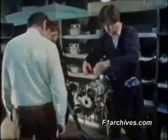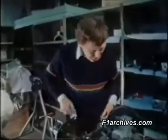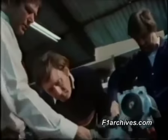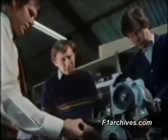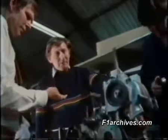The first lesson that the Cosworth engineers are learning is that even a familiar engine, when it's turbocharged, can fail in mysterious and catastrophic ways. Done quite a lot with it, actually, because that's out of the pump, isn't it? That's bearing, isn't it? But can't get in the pump though, can it? It's got to go through the...